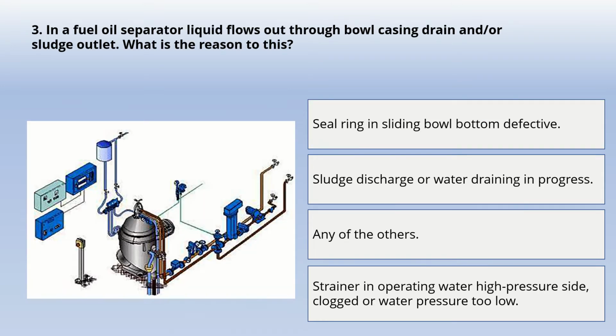Our next question is, in a fuel oil separator, liquid flows out through bowl, casing, drain and or sludge outlet. What is the reason to this? And the options are seal ring in sliding bowl bottom defective, sludge discharge or water draining in progress, any of the others, strainer in operating water high pressure side, clogged or water pressure too low. And the correct option for this question is any of the others, in that all the other three options are